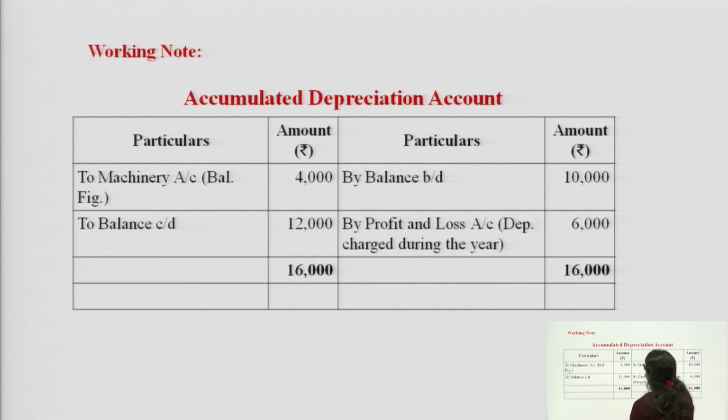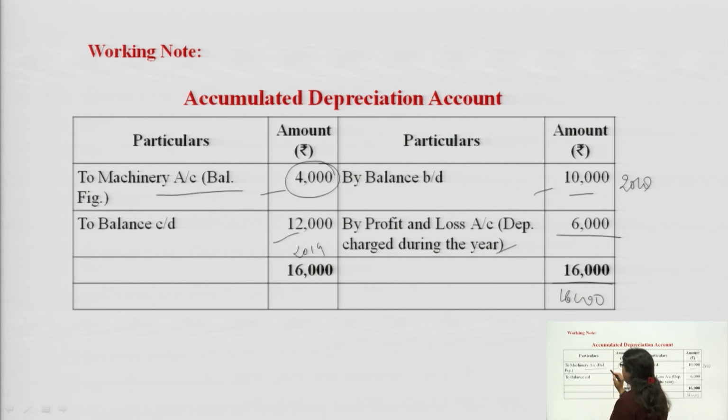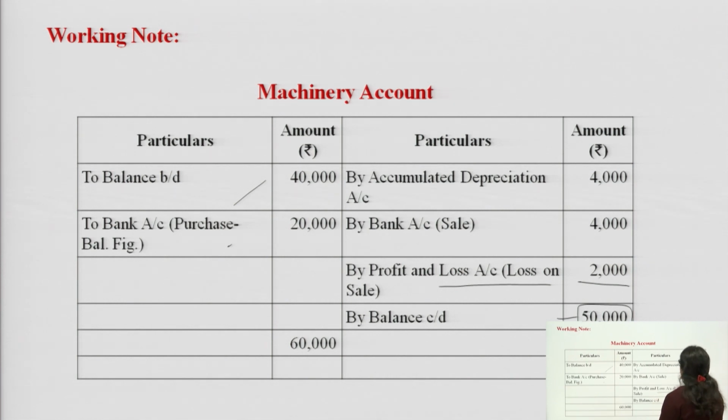Let us check with the accumulated depreciation account. This is the balance at the beginning, and this is the balance at the end. 10,000 and 12,000 is the balance in the beginning 2018, it is in 2019, and the depreciation which has been charged during the year was 6,000 rupees. By summing it up, 16,000 is there, minus, by subtracting, 4,000 amount will come. It is the balancing figure, it will transfer to the machinery account, and we have written it here that sale